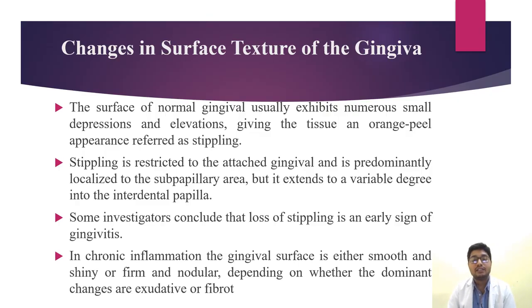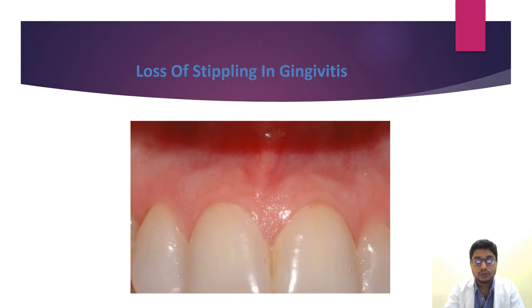So some investigators concluded that the loss of stippling is an early sign of gingivitis, and in chronic inflammation the gingival surface is either smooth and shiny or firm and nodular, depending on whether the dominant gingival changes are exudative or fibrotic. So this is a loss of stippling in gingiva. In this image, see the interdental area of the incisors, you can see some stipplings, but not everywhere. If it is a normal gingiva, you have to see the whole area with that